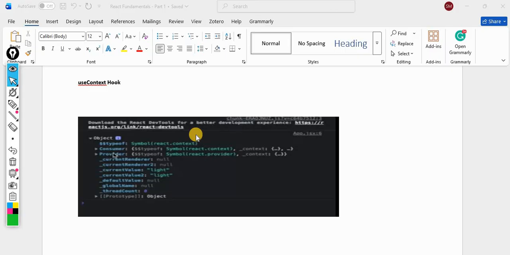So earlier we have seen props, right? But now we have producer and consumer. Producer produces something, and those who want to consume it will directly consume from the producer. Producer has produced something, and whoever wants it, the consumer will consume it directly from the producer. This works in this way, producer and consumer.